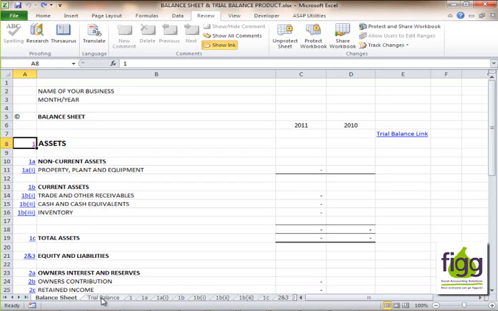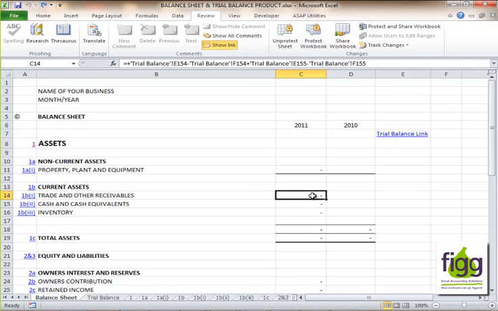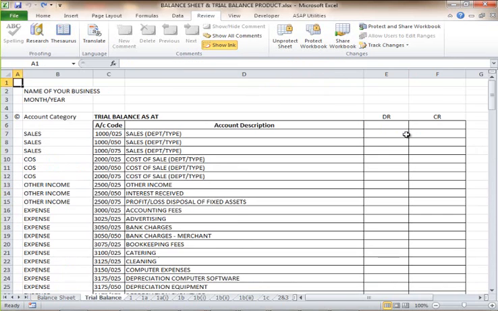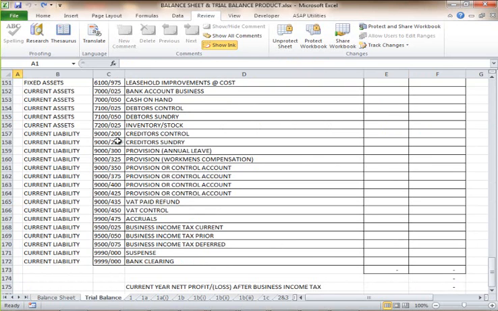If we then go and enter figures in the trial balance, let's try a different one, trade and other receivables, which is your debtors, and that is explained if you click on the blue number. Trade and other receivables is trial balance column E154 minus column F154 plus column E155 minus column F155. So if we go to the trial balance and look for rows 154 and 155, there are the debtors,